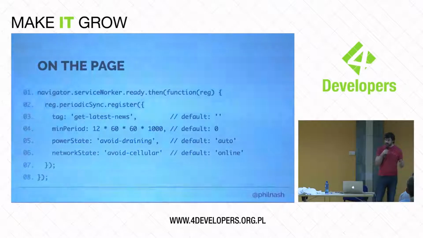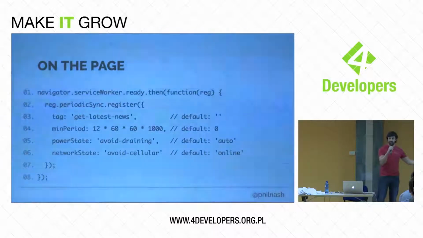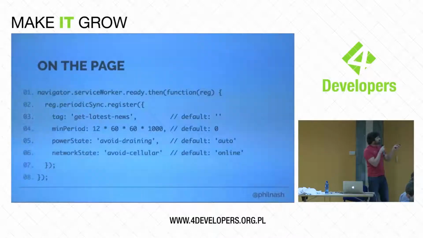And this one, again, looks kind of similar. So we have a registration, and we call periodic sync on the service worker registration. And this one is absolutely still in design mode. There's nothing in a browser that you can turn a flag on and check this, as you could do with the background fetch API. But it's just interesting to see where we're going. So I think what might change, for example, is that you have a tag in the options here, whereas in the background fetch, you put the tag as the first argument. And then you can do some other stuff.